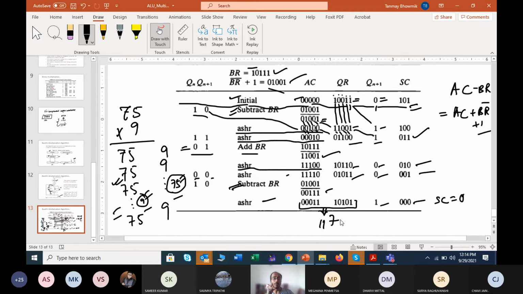117. Now if you think what the initial value was, QR was given as 10011. So once you are getting this 10011 in 2's complement result, what is the actual value of this data? So you can write like 0 1 1 0 0. You will simply add 1. So you will get finally 0 1 1 0 1.